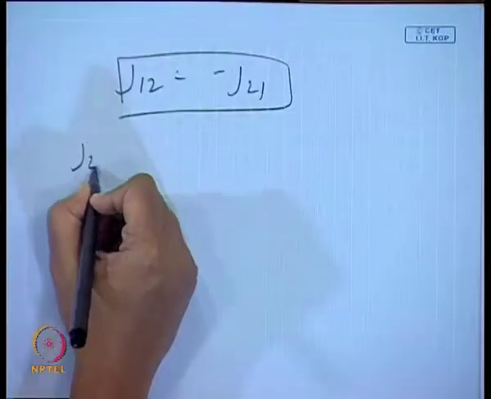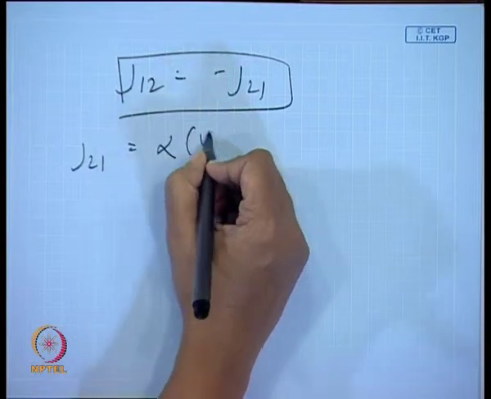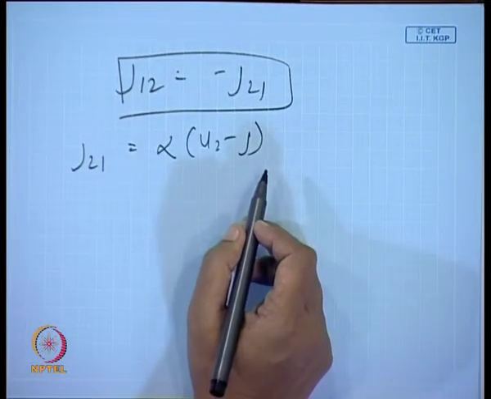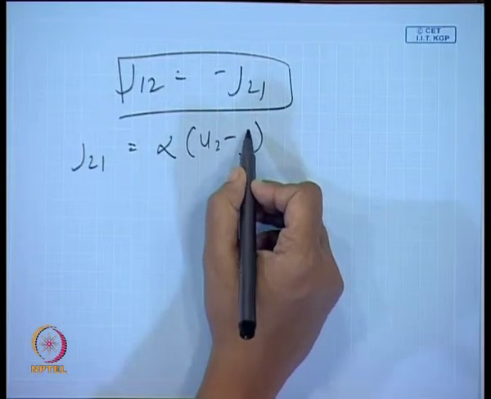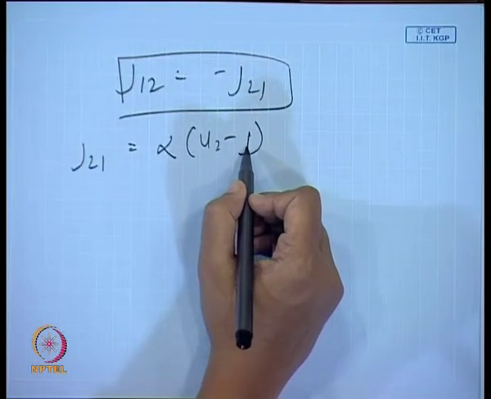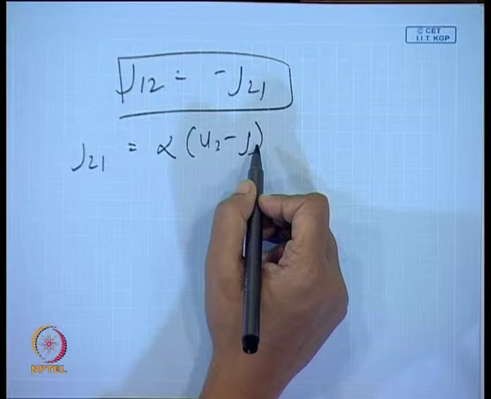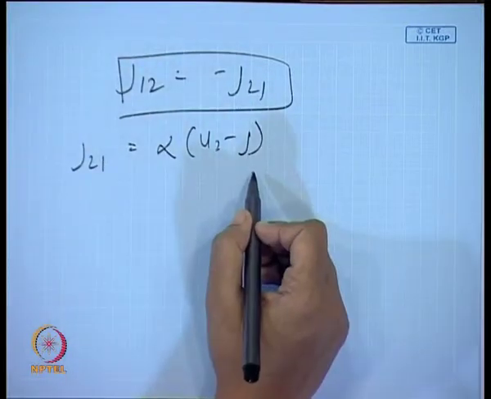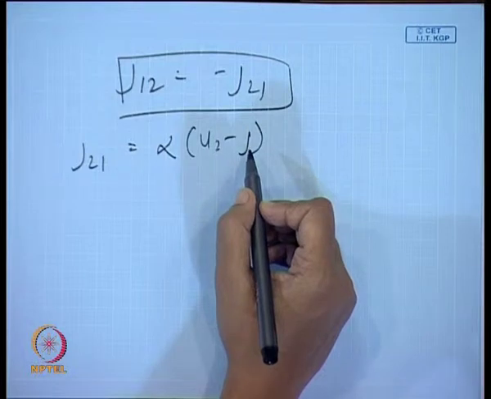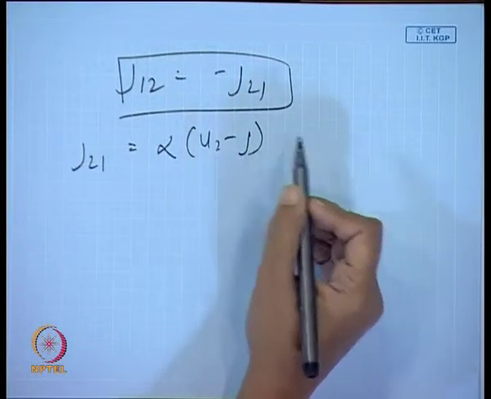Now, the relationship between the drift flux and the relative velocity. Okay. Again let us start from the basics. The basic equation j21, this is equal to, again let us start from the basic relationships. In the previous case what we had done, we had substituted j as j1 plus j2, then we had substituted j1, j2 and so on. In this particular case, since we want to find a relationship between j21 and u21, naturally this j has to be substituted in terms of j1, j2, and j1, j2 have then to be expressed in terms of u1, u2, and only after that we can get a relationship, otherwise it is not going to be possible.